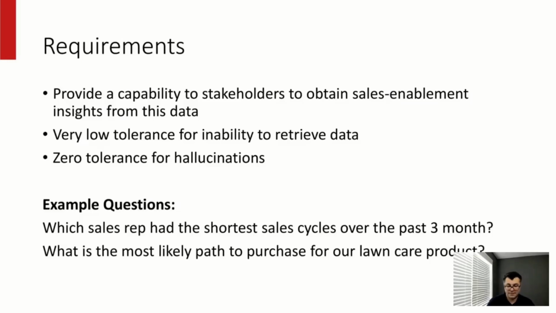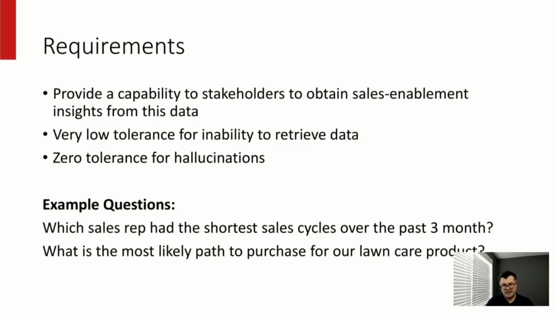With stakeholders, there's not a whole lot of patience, so the tolerance for the inability to retrieve data is not very high. I don't necessarily mean the model is hallucinating, but you ask for something and it's just not constructing or retrieving the data properly. And there's zero tolerance for hallucinations, because